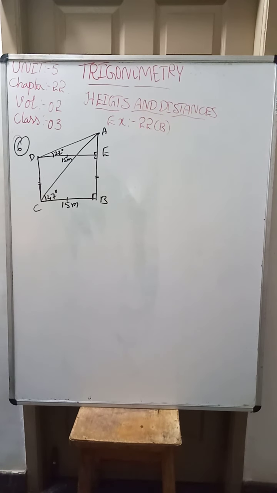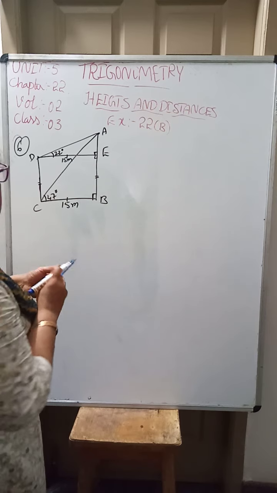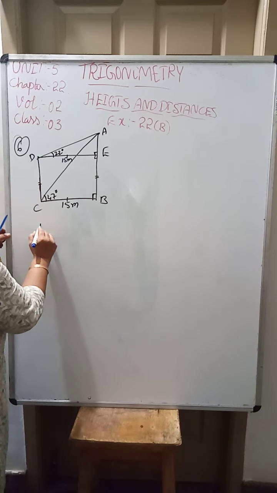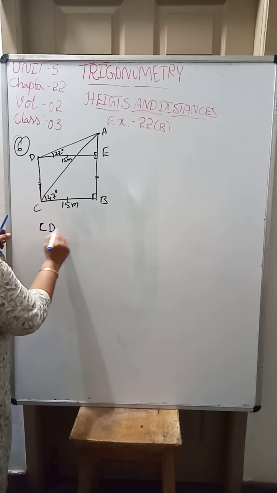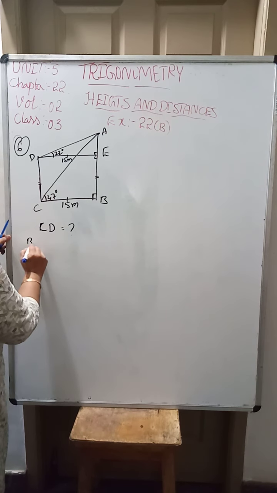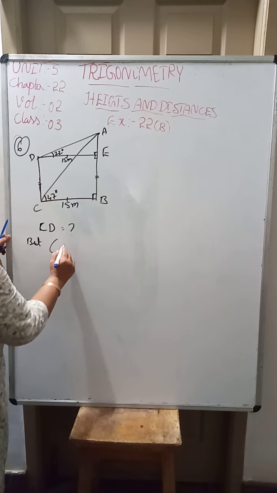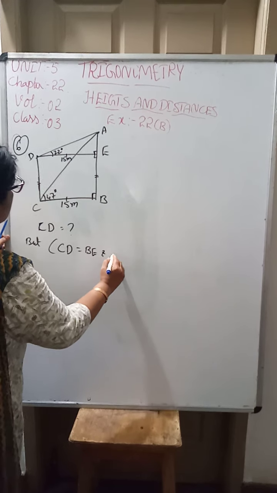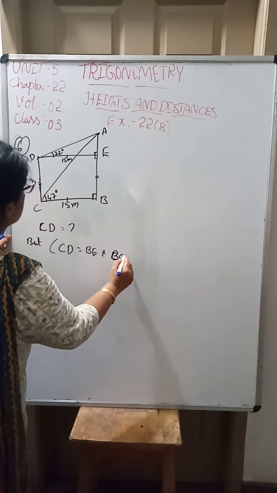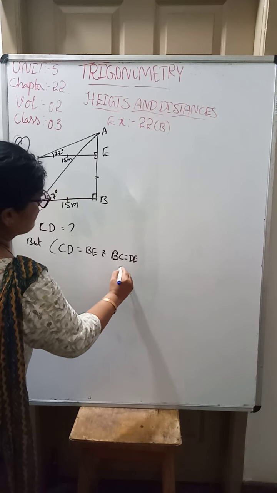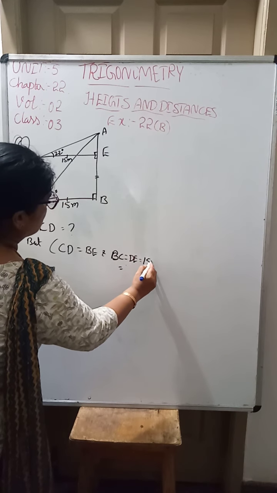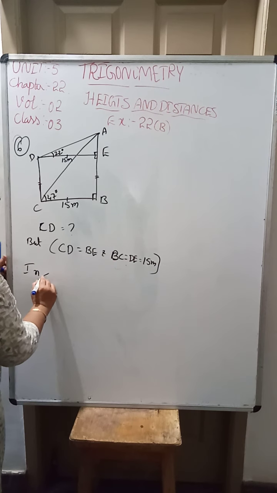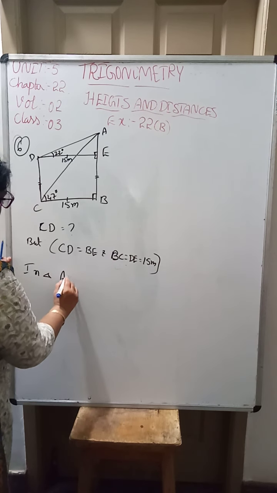Now, here in the triangle, we have to find CD. CD is equal to question mark, but I am writing at the beginning itself, CD is equal to BE and BC is equal to DE is equal to 15 meter. Okay. Now, in triangle ADE,